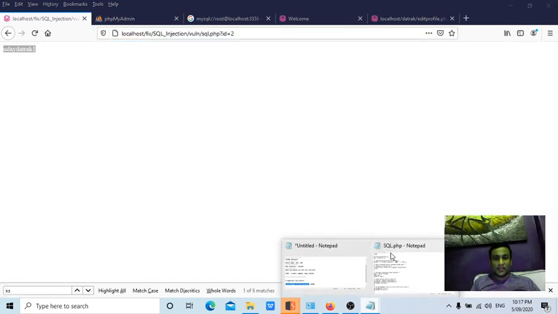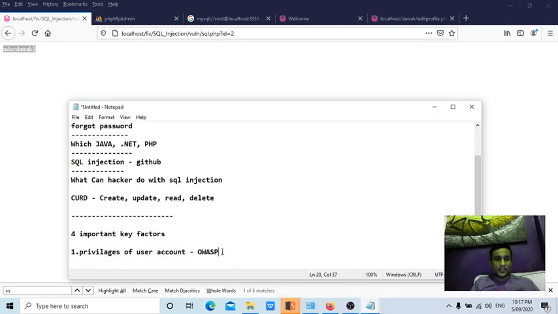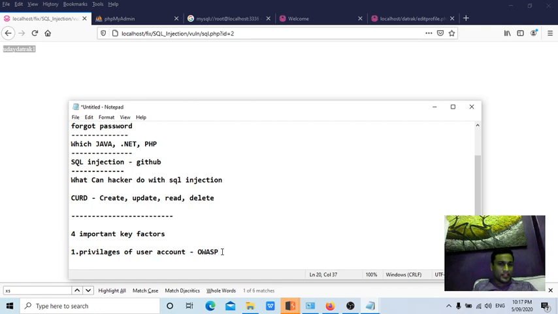That means whenever you are trying to execute a drop command or any other drop query, if your records are not getting deleted, you may also need to think that the application might be using a low privileges database user account. The second one, I'm talking in depth, guys, these things are not all required, so you don't have to remember a lot, just watch it.